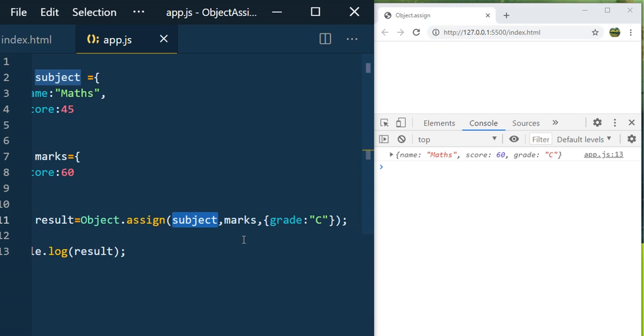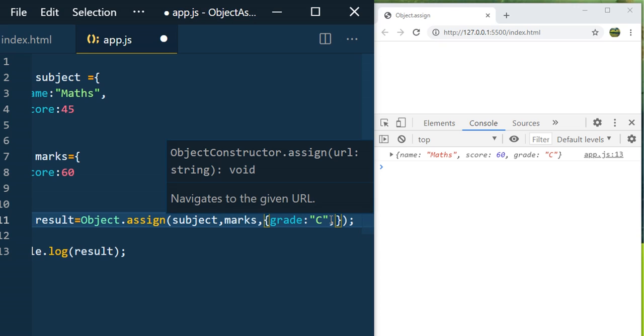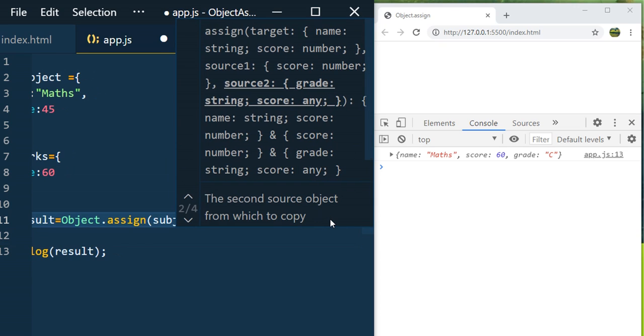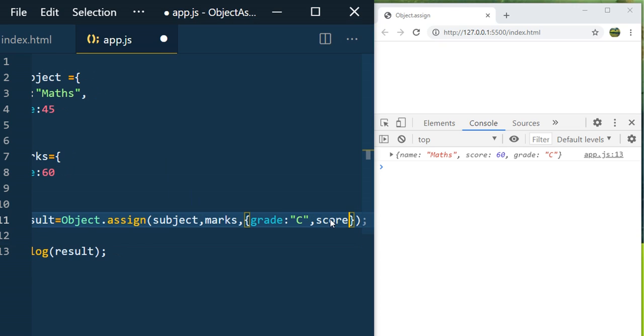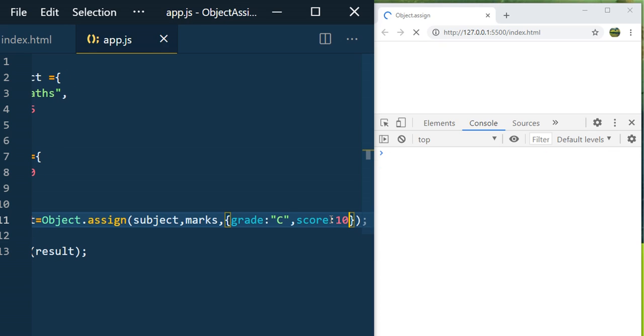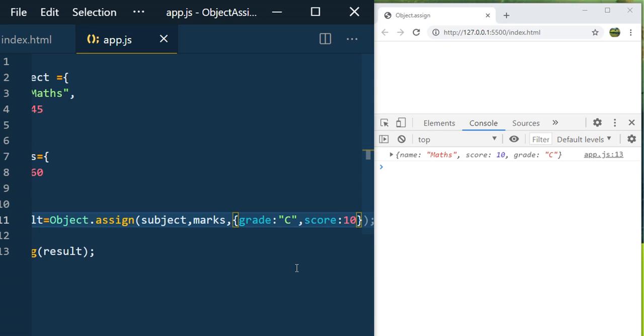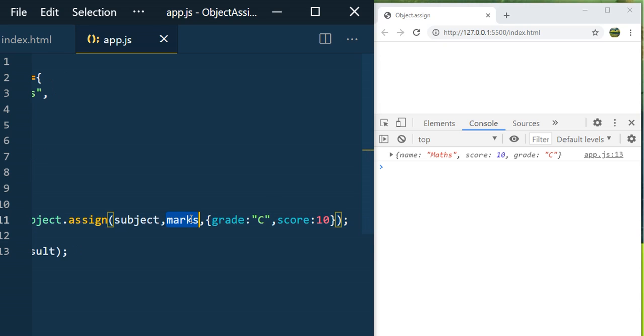You can pass as many source objects as you want. For example, if the third object again has the score property with the value, let's say 10, and if you save, now you can see maths and score is 10. So now it has taken the score value from the third object instead of the second object, which is marks.